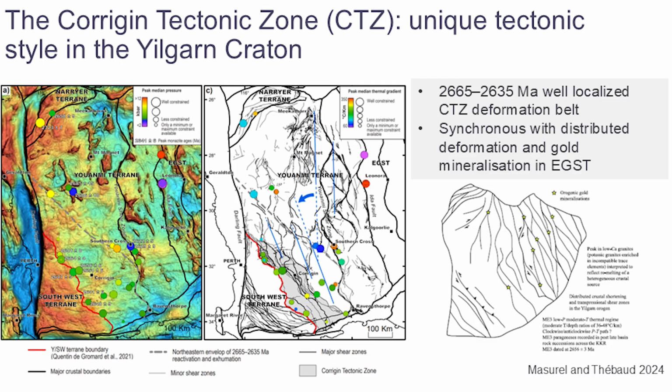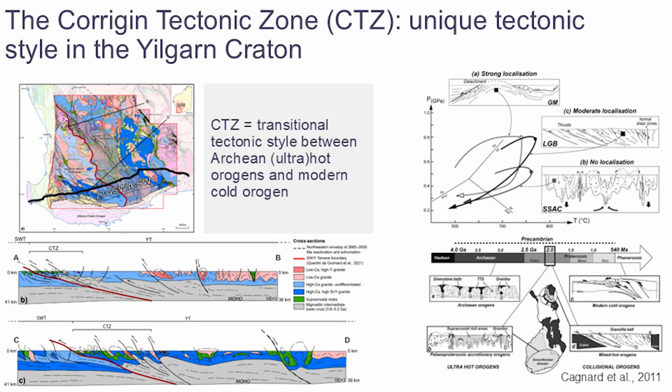parallel shear zones. So it shows a good strain localization in an orogenic belt, which differs quite markedly from the map pattern that we see in the northern Youanmi terrane and elsewhere further east in the Eastern Goldfields, where we have a more distributed network of shear zones distributed over the whole terrane scale. Here we have a really well localized deformation belt for the case of the Corrigin tectonic zone. So that deformation style is quite unique in the Yilgarn craton,